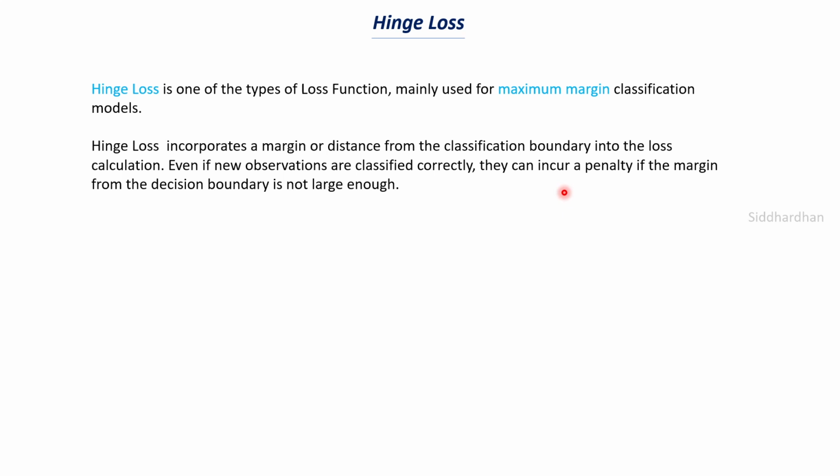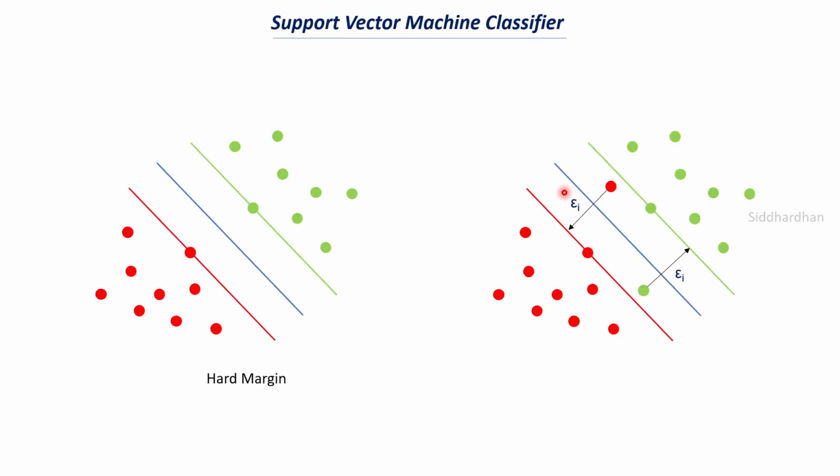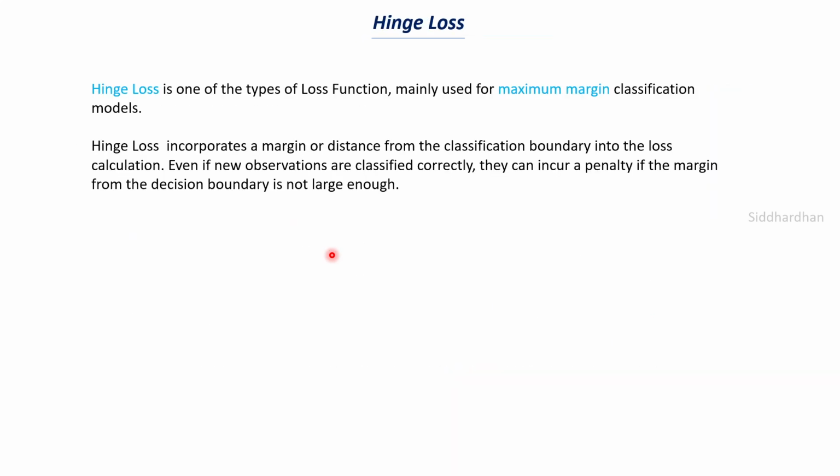Let's consider this. Let's say that there is a green color point somewhere, and it will try to find whether it is a green colored or a red colored point. Even though it is correct, it will try to find this distance from the hyperplane. Once it finds it, it can tell whether the margin distance is more or not. That is the important aspect of it. Even though the predictions are correct, it needs to see whether the margin is high or not. That is given in the second aspect.